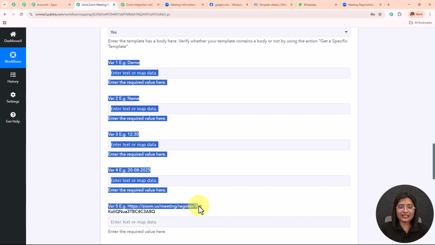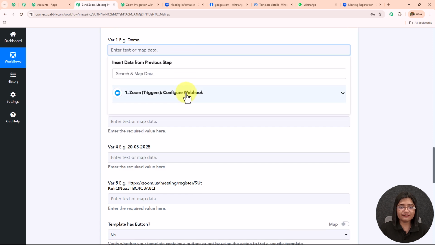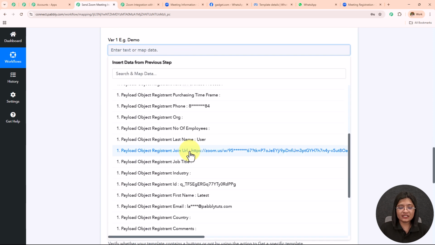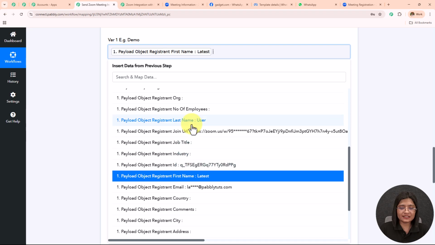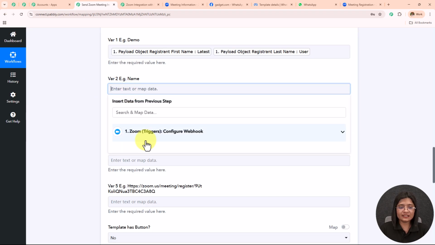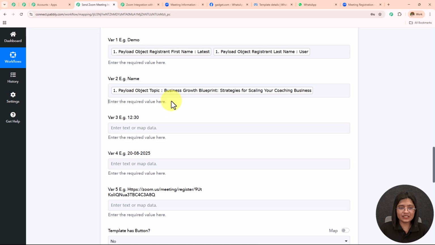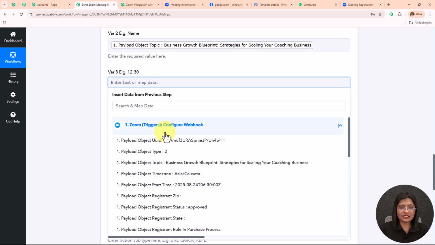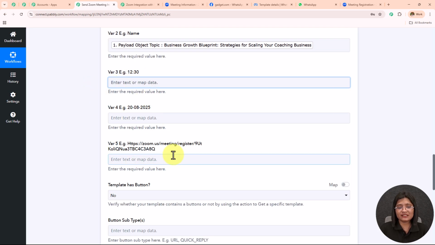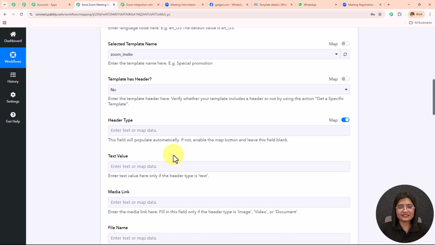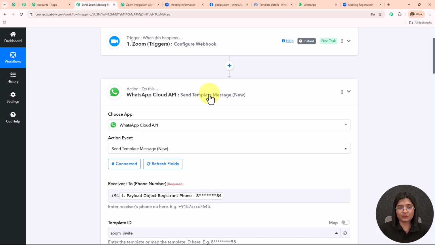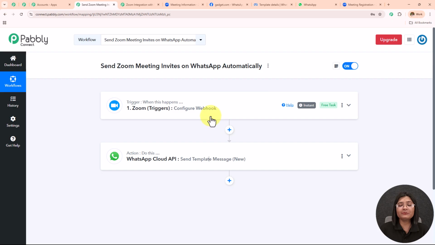I'm going to quickly map all these details. So here the first custom variable is for the name. So the name is latest user, and then the name of this meeting. So this is the name of the meeting, and then we have this time and the date. Over here I have received the timing in UTC format. So in UTC I want the meeting to be converted into Asia Kolkata